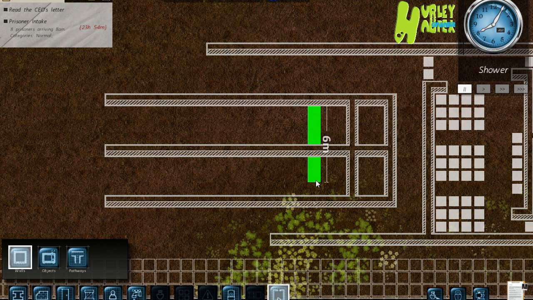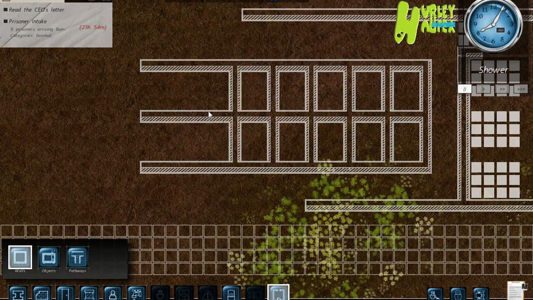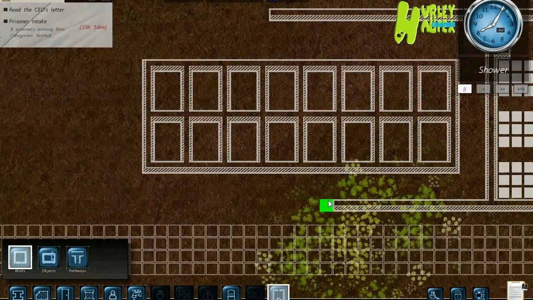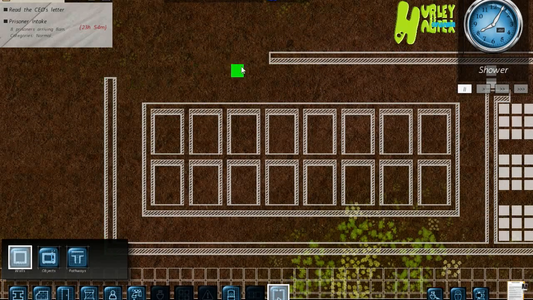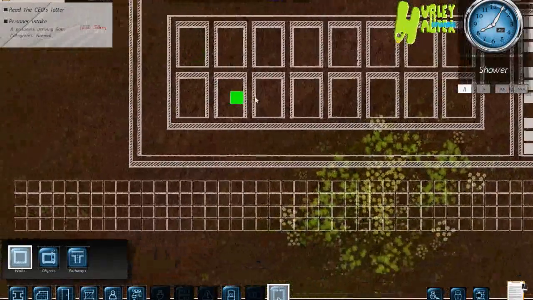So, 2, 4, 6, 8. So 1, 2, 3, 4, 5, 6, 7, 8, 10, 12, 14, 16 cells. Okay. And this is going to go all the way around, just like that. Okay, and we'll have